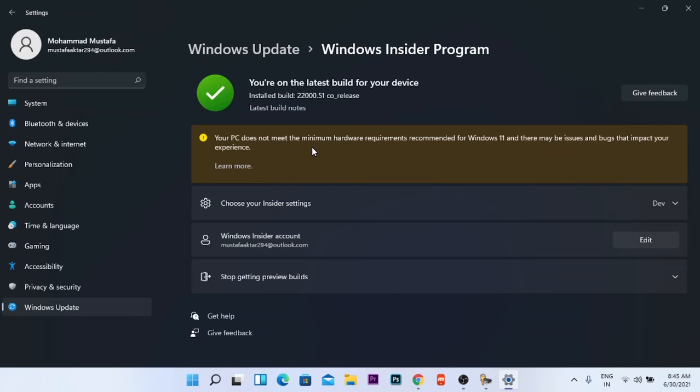And after you choose that, they will ask you which release you want to choose for the insider program. The options will be dev, stable or beta or something like that, and they will recommend the stable one, beta version. But the Windows 11 beta version has not been released, so you have to choose the dev version. After you choose, they will ask you to restart your computer, and after restarting you need to go to Windows Update again,